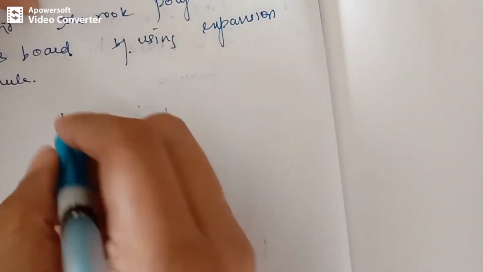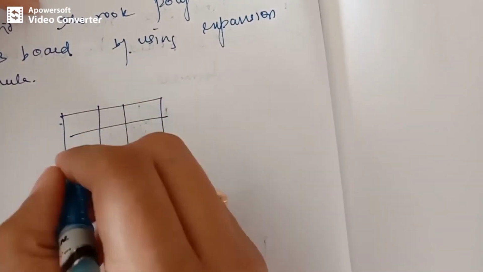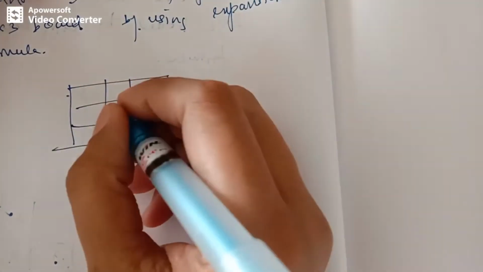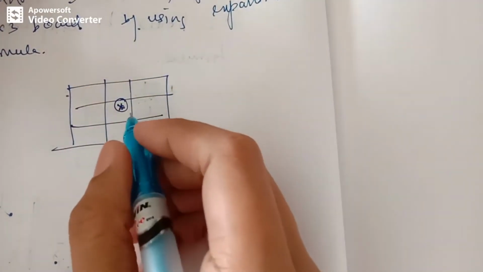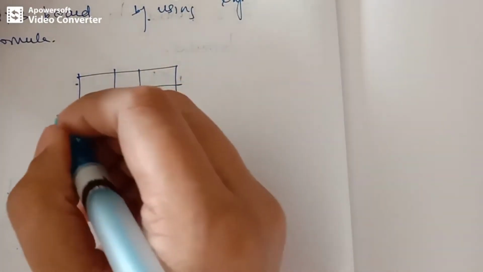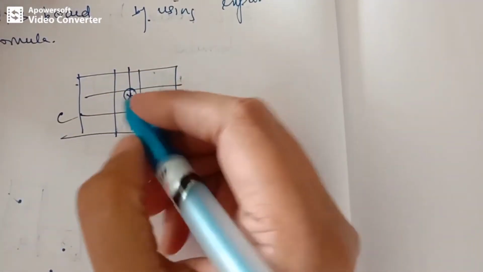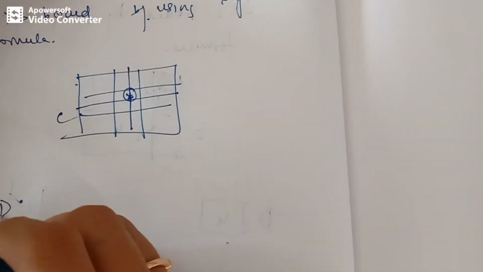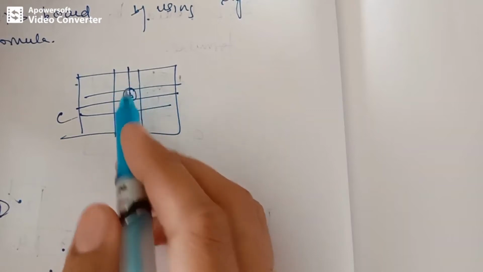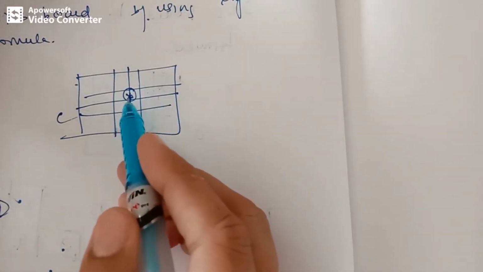So let's draw the 3 cross 3 board. Okay, this is a 3 cross 3 board. Let's mark a particular square as asterisk. I'll be marking the center. Now let's divide this chessboard into exactly 2 boards, D and E. D represents the board obtained by deleting the row and column corresponding to that asterisk.